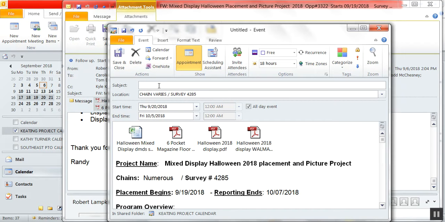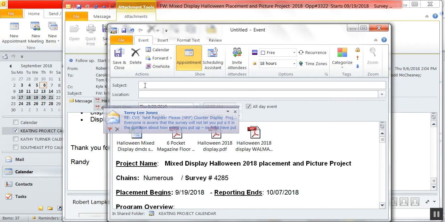Now what we need to do is go up here and name it. So we're going to name it the same thing as this. I could copy and paste that up there, but I'm a real maniac about it. The reason is, I know what I put on the calendar because I do it in all caps, and if somebody else puts something on there, it's not in all caps, so I'll know that it's not mine. So I'm going to go mixed